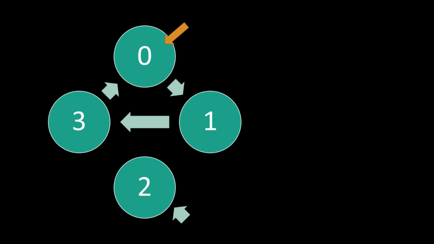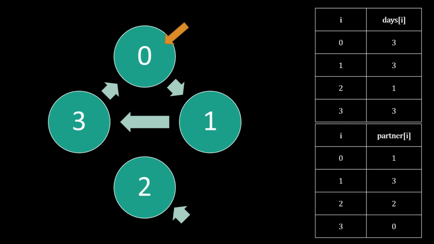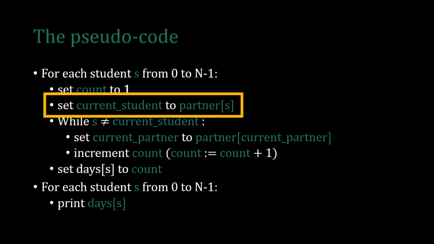We have one orange arrow, which is current student. This is a variable. Here we have number of days, normally what we should find, and the partner, list of partners. So far the list of days is empty because we didn't actually calculate how many days it will take. So just do not consider it as being full. We will just fill it throughout time. So the first thing to do is to set the count to 1,